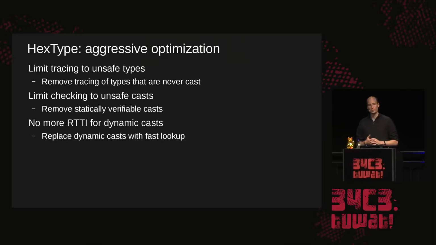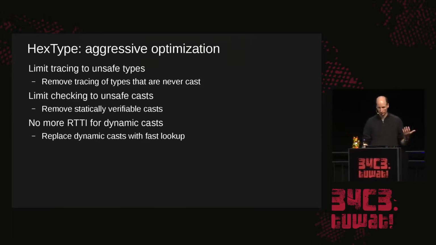We also replace all the dynamic casts with our special form of casting. As it turns out, our cast that we have developed using our metadata information is much faster than any cast done through the RTTI information that the original C++ dynamic cast does. As it turns out, dynamic cast has never been optimized. People don't really use dynamic casts due to the performance overhead, therefore it's not been optimized, therefore it's not being used. So it's this endless circle. If you replace all the dynamic casts with our type casts, we can actually improve the performance a little bit.